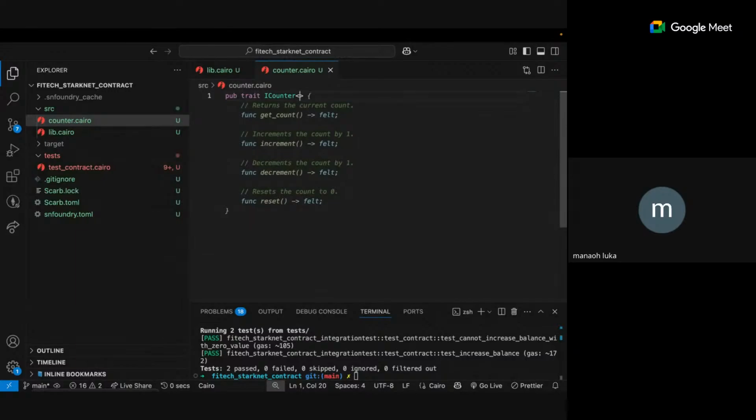So the trait we are defining now does not have